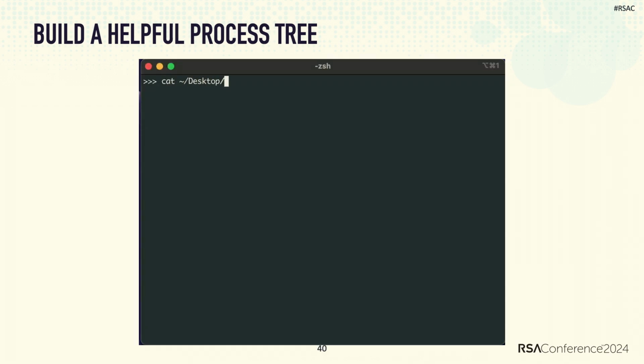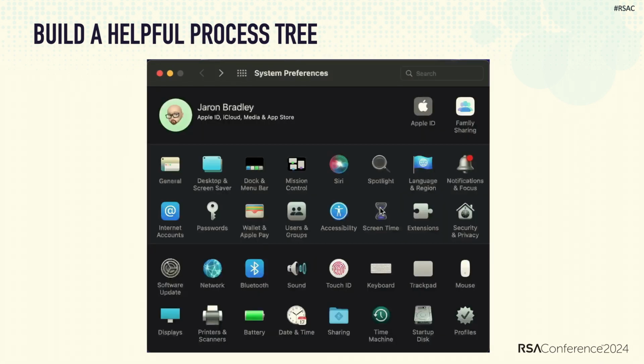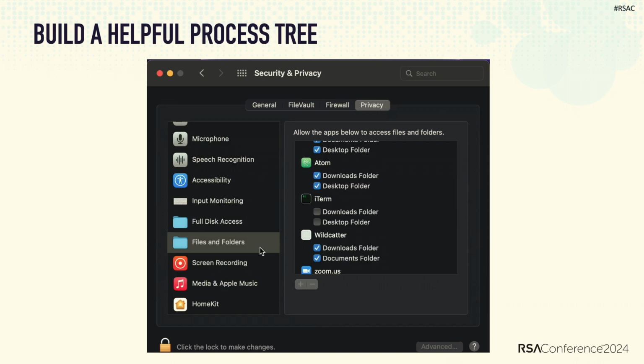So for example, here you see me attempt to view the contents of a text file that's on my own desktop using the iTerm app. And despite being on my own desktop, I am denied access to doing this, right? I downloaded iTerm from the internet, I try to access a file on the desktop, it says no, you can't do that. So in order to fix this, I need to go into my settings and ensure that my iTerm has either full disk access or at least permissions to access the files on my desktop.